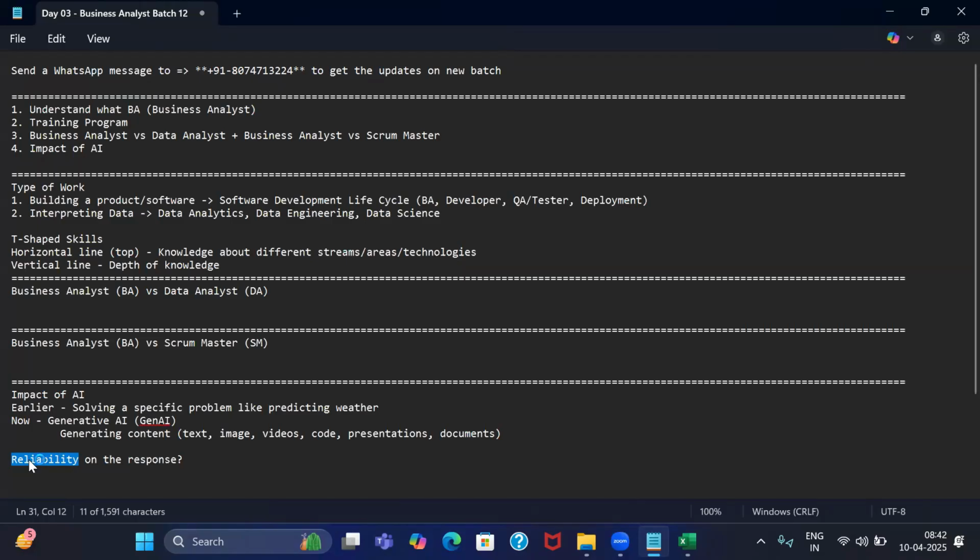At least not as of now. Once their responses become 100% reliable in all situations, probably they can work as my colleague. But think from a general